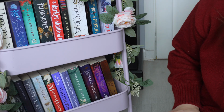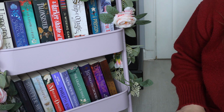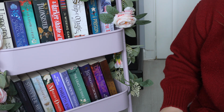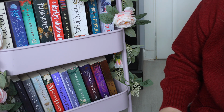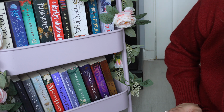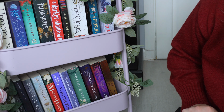Okay, I've tried to lower it so you can see, but I know that the angle is horrible, but again, with this one I'll just talk through them. But I've got Signs of Cupidity by Raven Kennedy, Shatter Me by Tahereh Mafi, The Promise of Fire by Amanda Bouchet, The Magician's Daughter by H.G. Parry, Twelfth Night by Alexine Farrow Falmouth, which is basically Olivia Blake, Tempest by Naomi Novik,